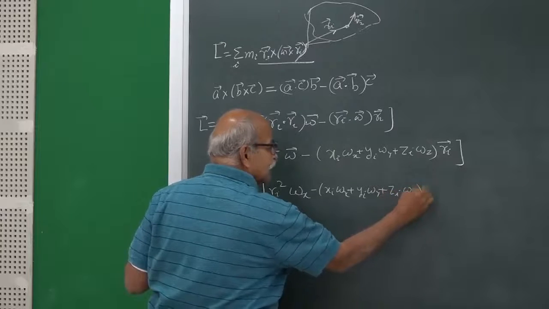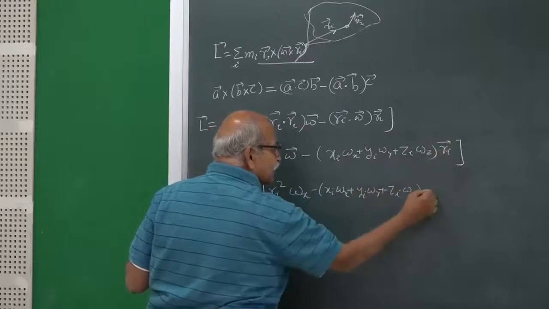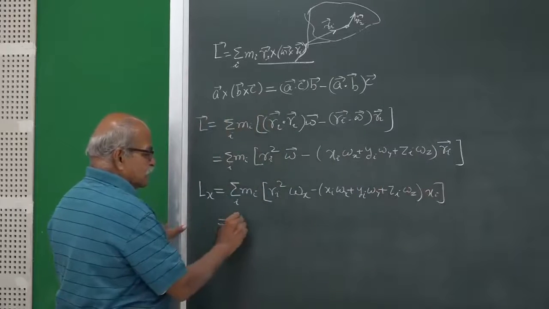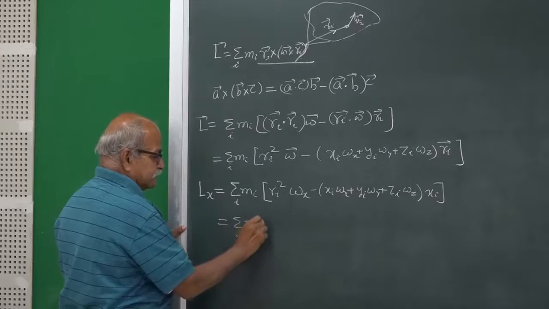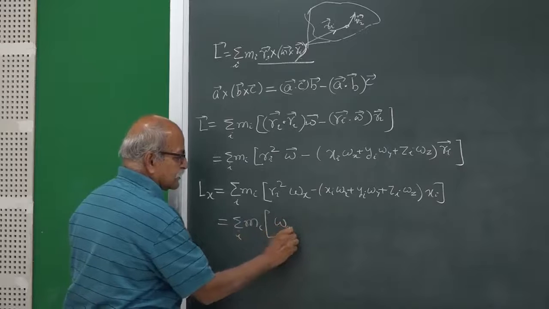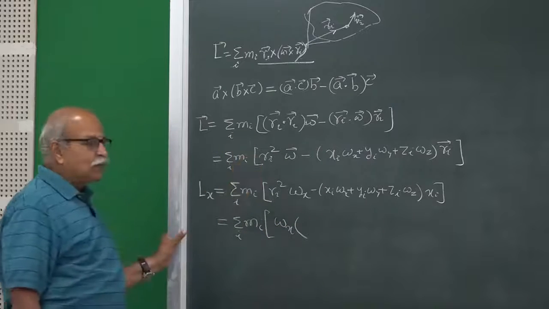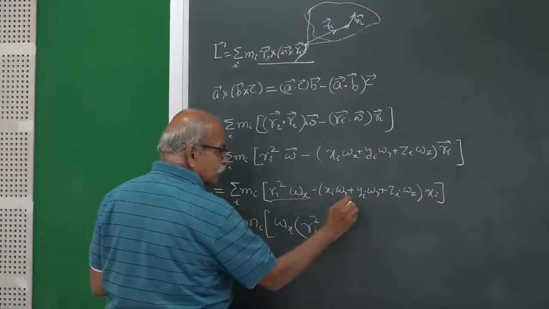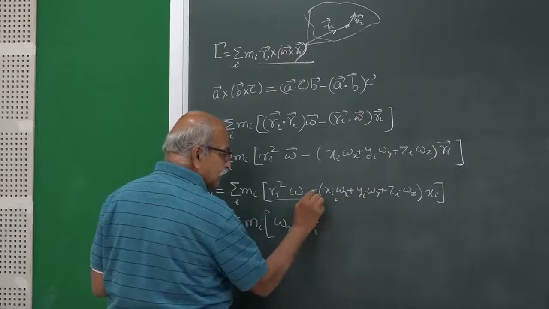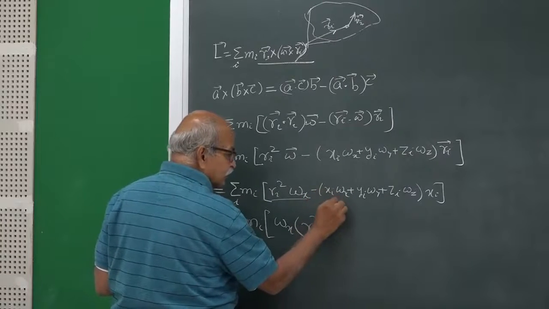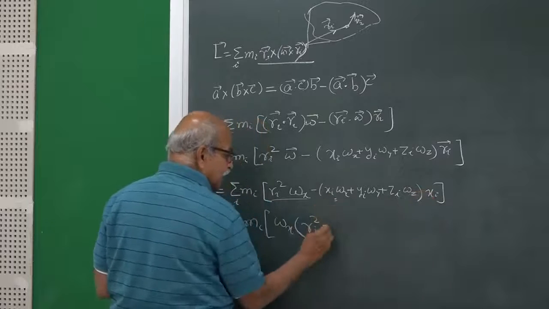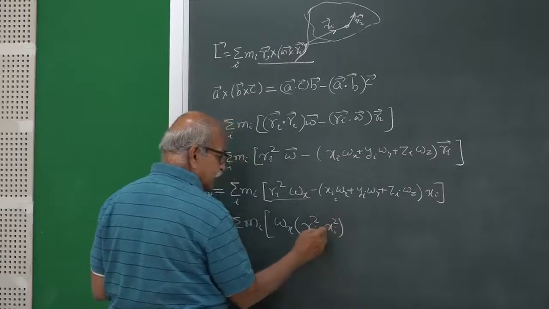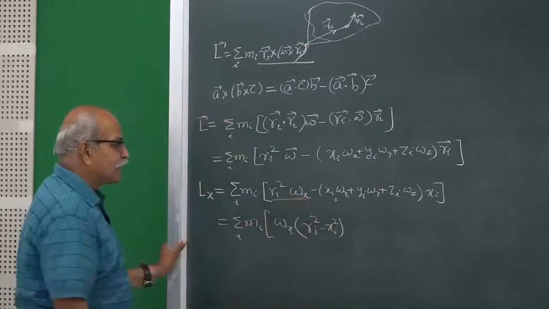The component only comes from here, x component, so that is x I, is equal to summation over I m I. Let us take that omega x part. Omega x is coming from here, so that is r I square. Then omega x is coming from here, so minus x I into x I and then omega x. So, minus x I square and into omega x. So, this is that omega x part I have taken,